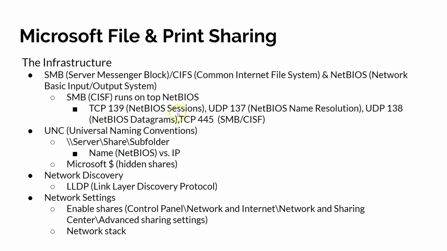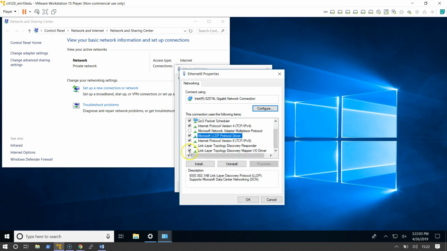All right, so those are the network settings. And for folks that aren't taking networks, excuse all those port numbers. These are the numbers that are used to connect up to a machine. Also, we have UNC. So when you connect up to a share, you need a UNC, which is Universal Naming Convention. Server, share, subfolder. So case in point, let me go back to my virtual machine,